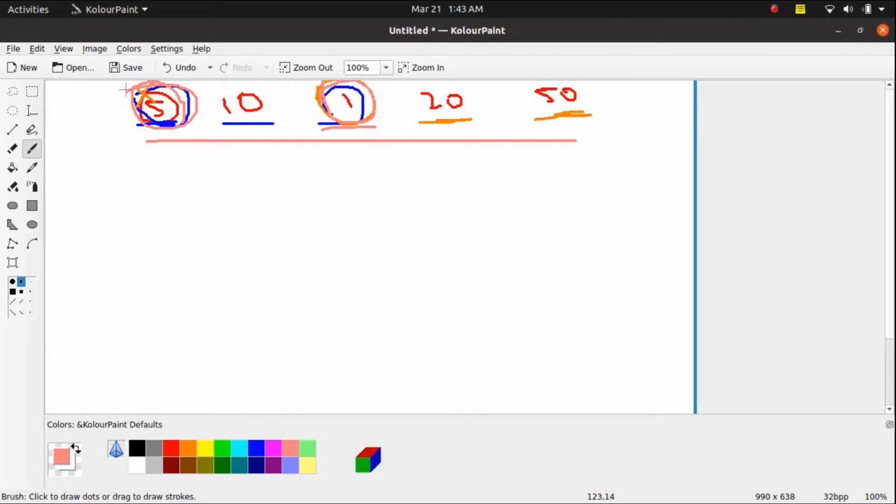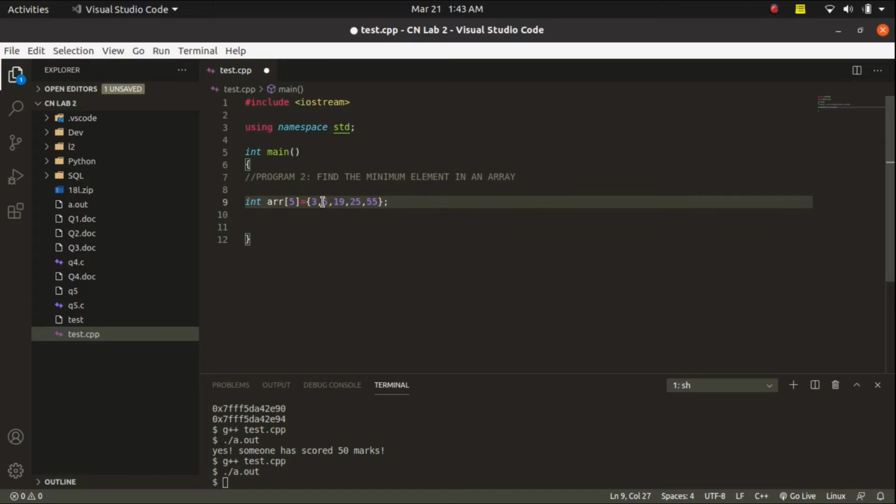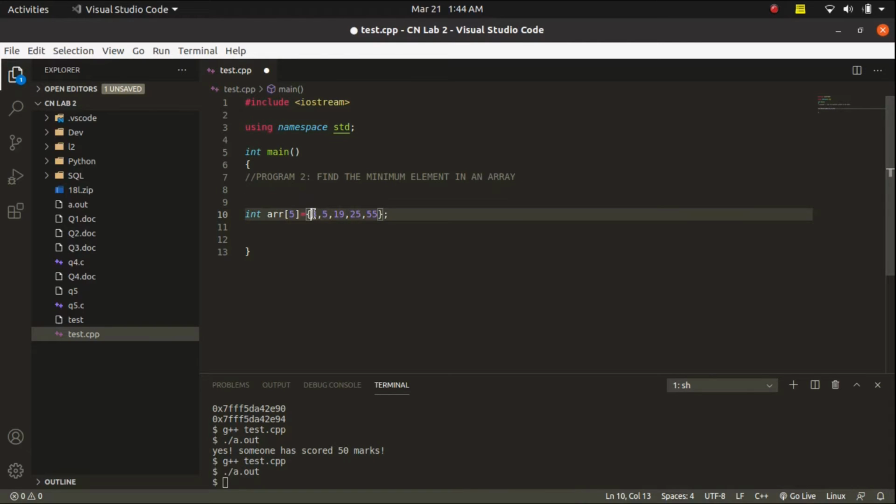The basic principle is that a lot of times you should think of programming in terms of real life examples. That really helps in making the code. Right here we have this array, and we don't know which one is the minimum value. So we are just going to assume maybe the first index is the minimum value. I'm going to change the first index here because it's actually the minimum, and we might not be able to understand the code well.